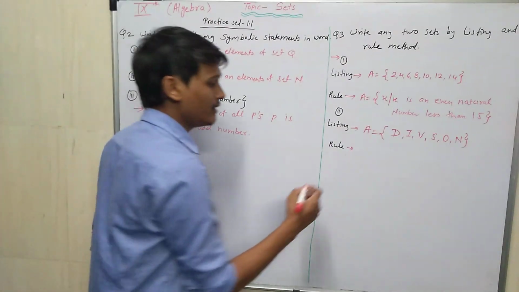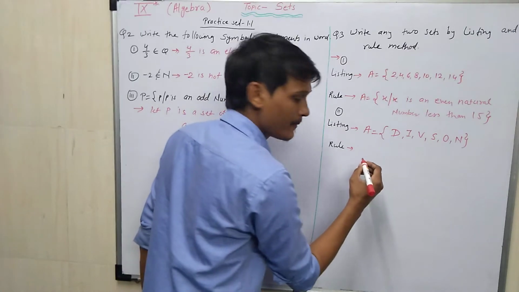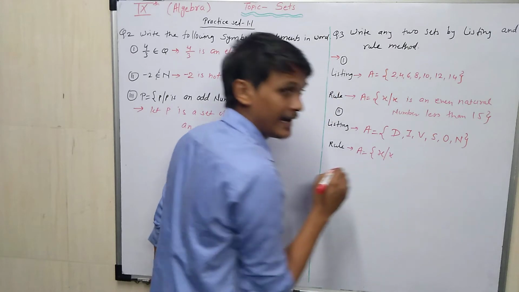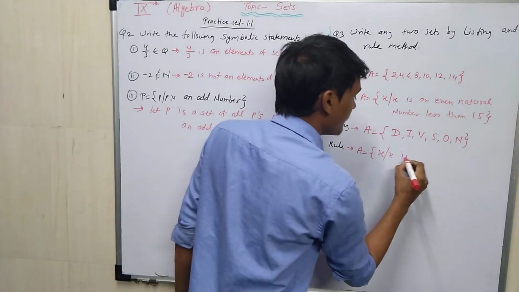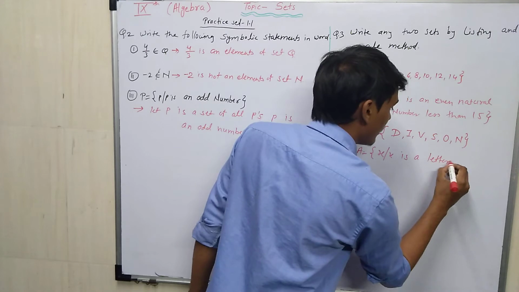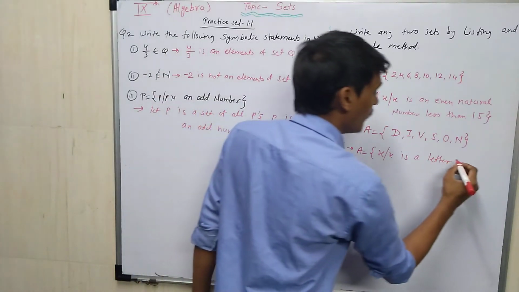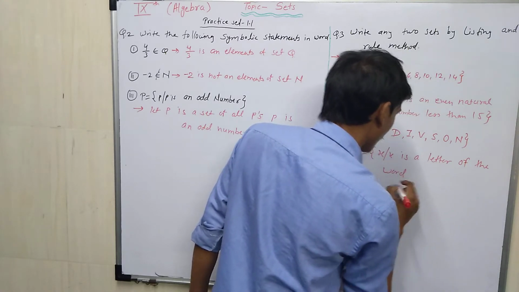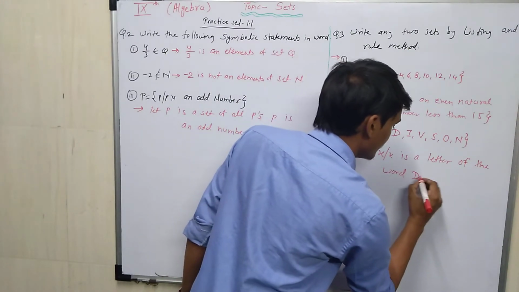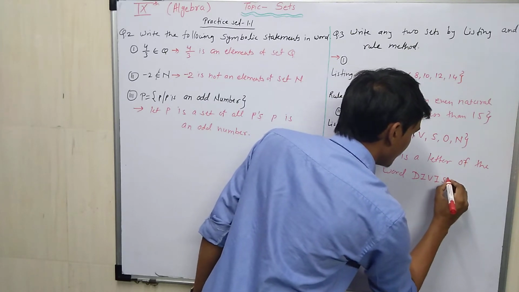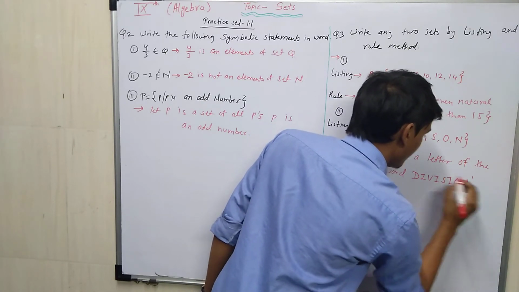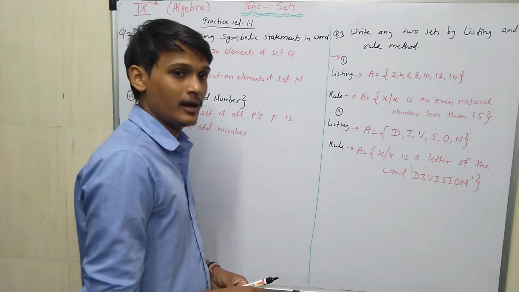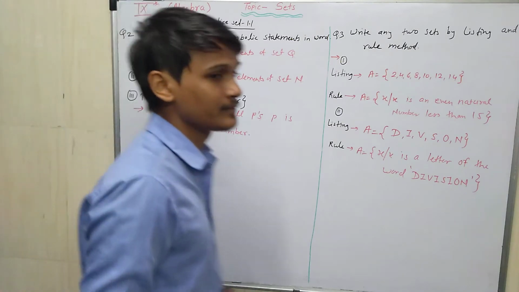A is equal to {x such that x is a letter of the word division}, then the bracket will be closed. Got it? Understood? Next question is